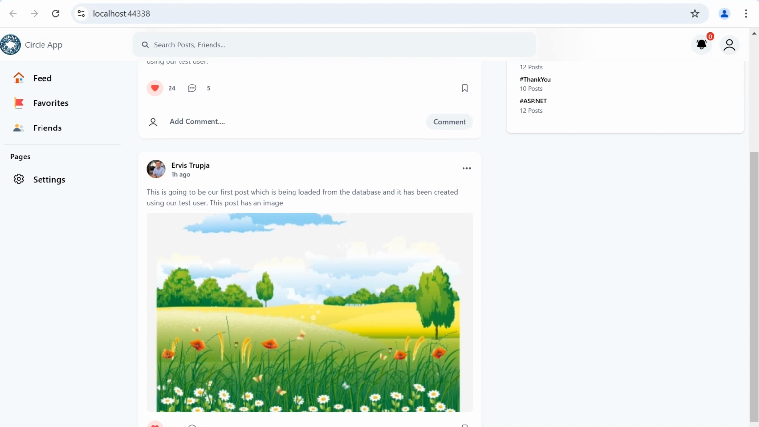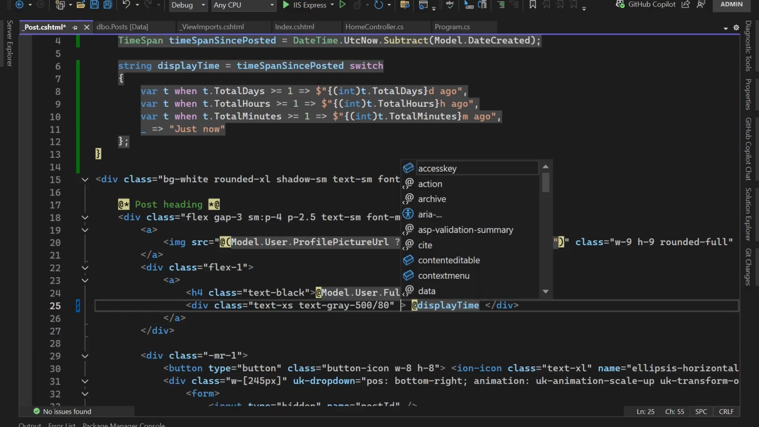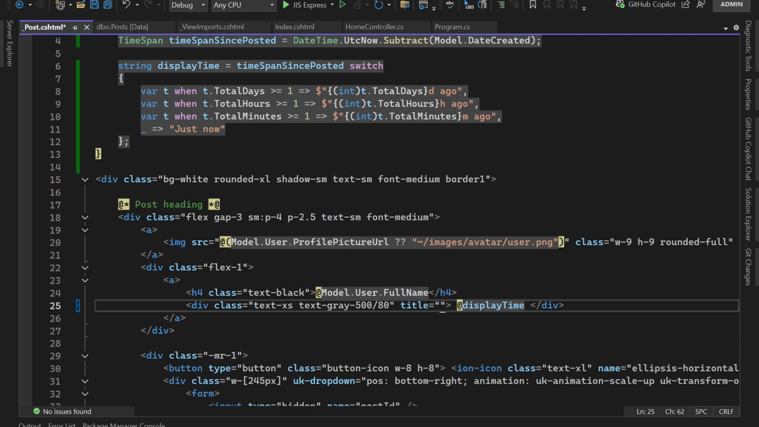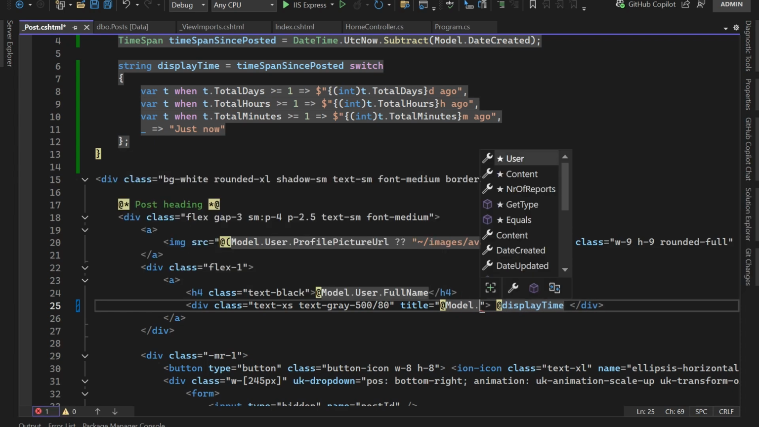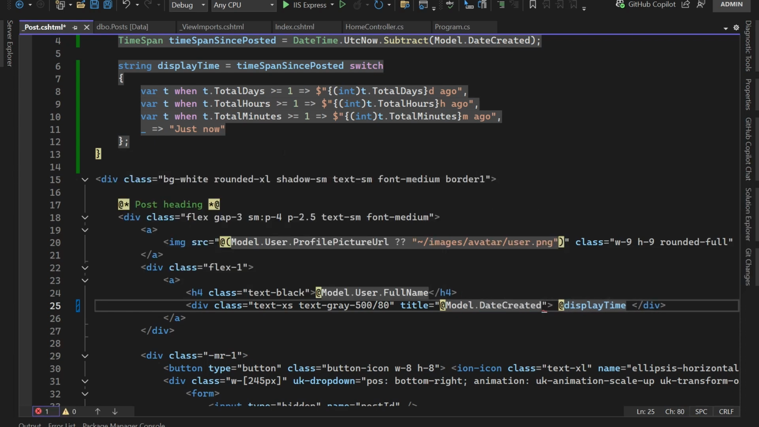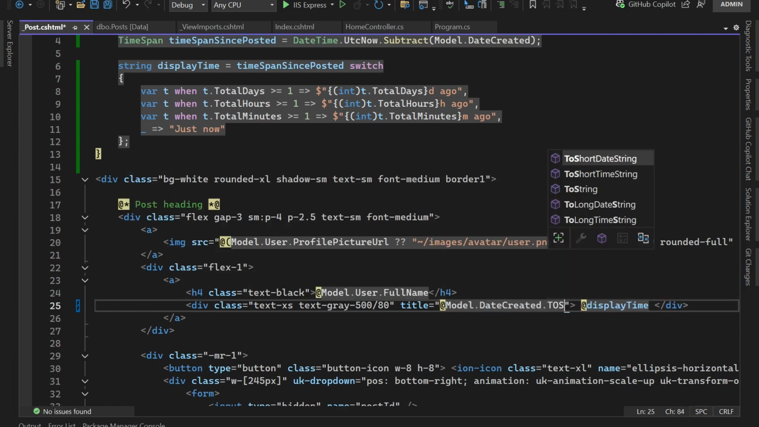If you want, you can also add like a tooltip in here. So whenever you hover over the 1 hour, you get to see like the exact time. For that, we can just type in here title is equal to, and then this is going to be at model.DateCreated, then ToString,